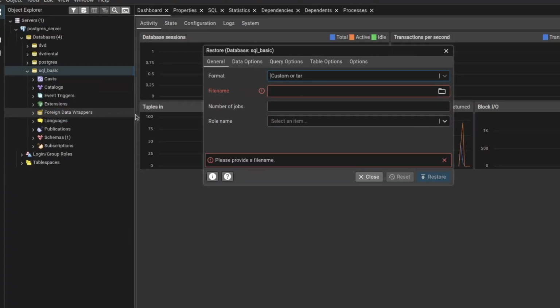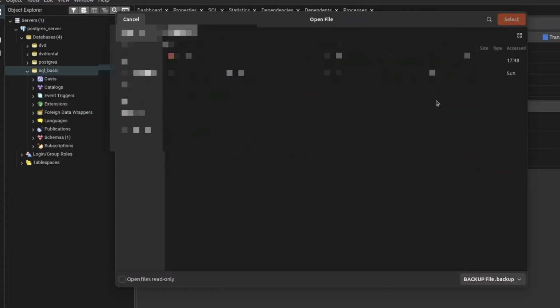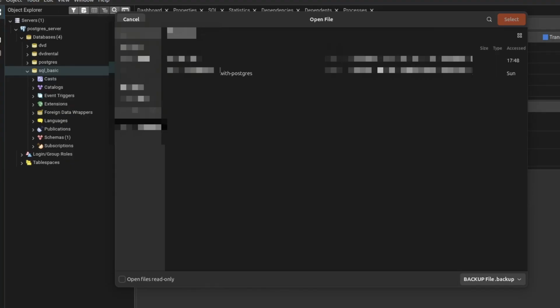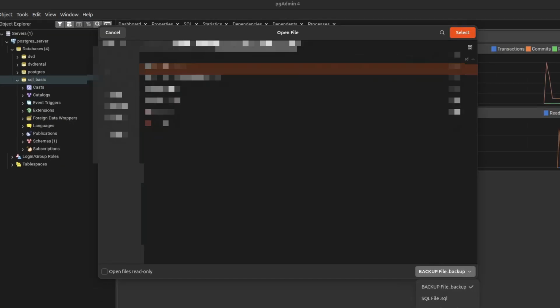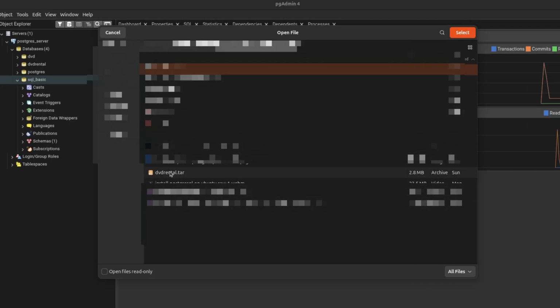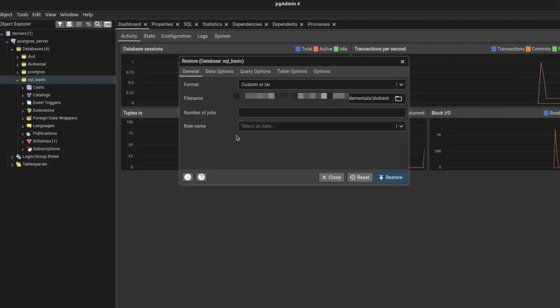It says custom or tar. It's selected by default. And now we need to locate our downloaded file, the sample database, dvdrental.tar. So locate the file. It should be dvdrental.tar, and click that file and then select. Now that we have the file,